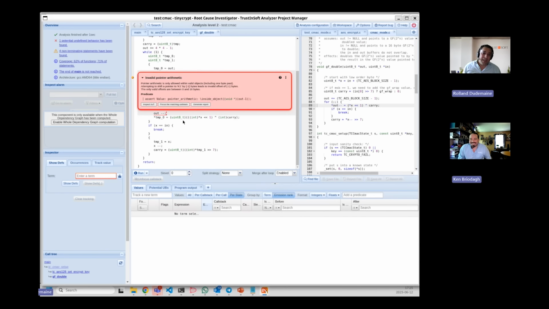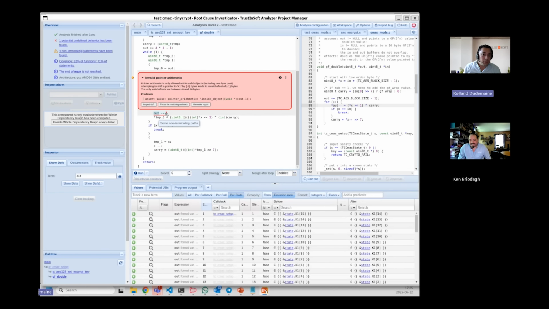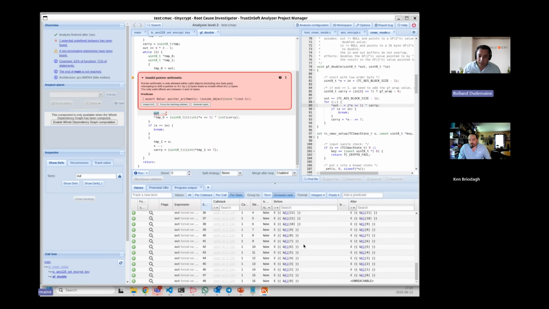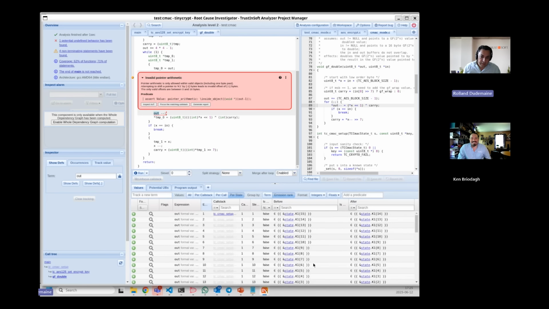That's true. And then we end up on the one that I was showing earlier. Actually, we have a -1 byte that leads to an invalid offset of -1 byte, which is obviously wrong. And if I look at the out pointer, which is apparently the source of the trouble, reading into K1, we do see that there's something going on that could go wrong. And here, that last one would be the source of the trouble. I'm going to stop there because obviously we can dig a little bit more, but you can see that the tool remembers each of the values that were reached, and that's the important part.